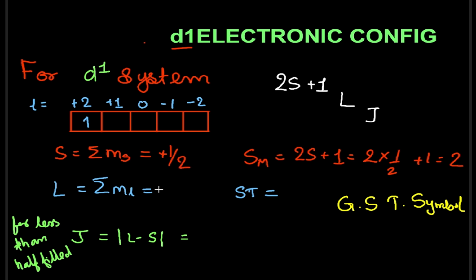The value of L is the summation of ml, and since there is only one electron, capital L will be 2, so the spectroscopic term is D. As it is less than half filled, we use the minimum value of J, L minus S, where L is 2 and S is half, so this becomes